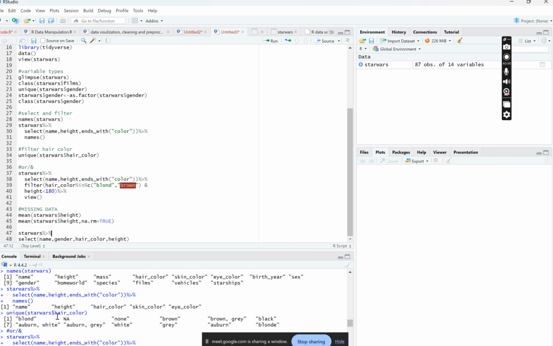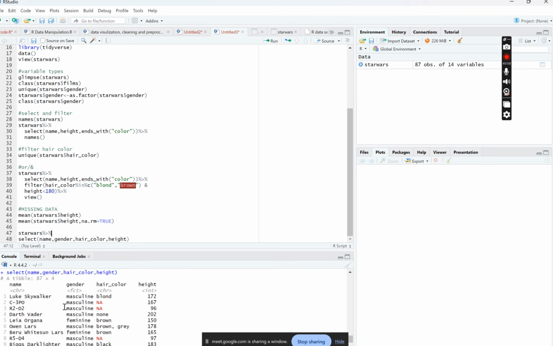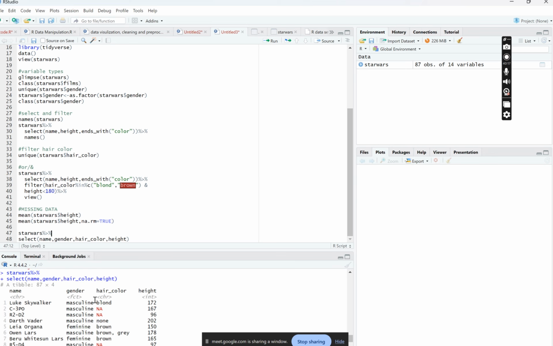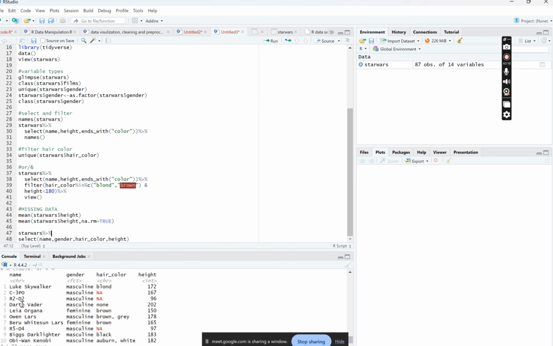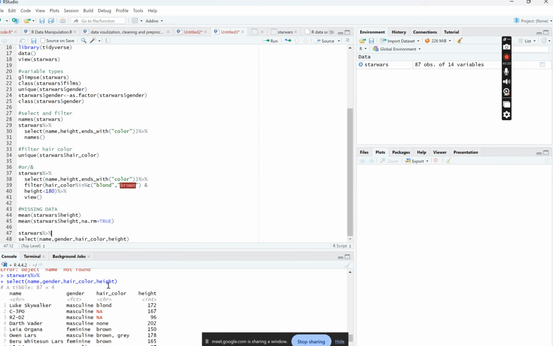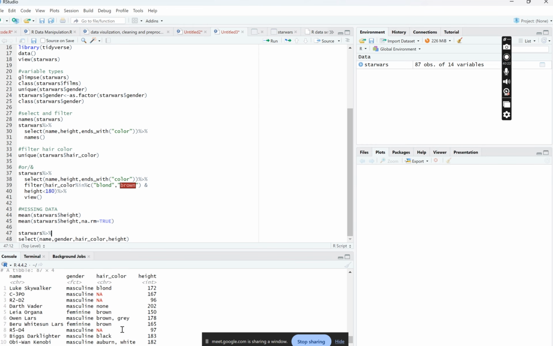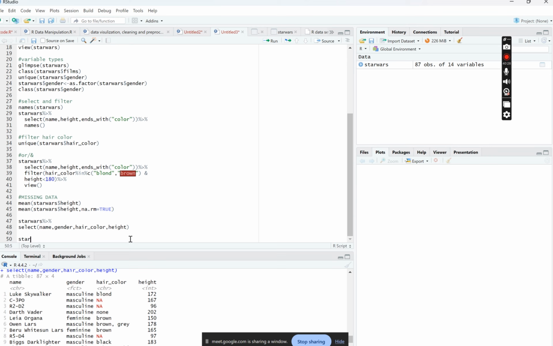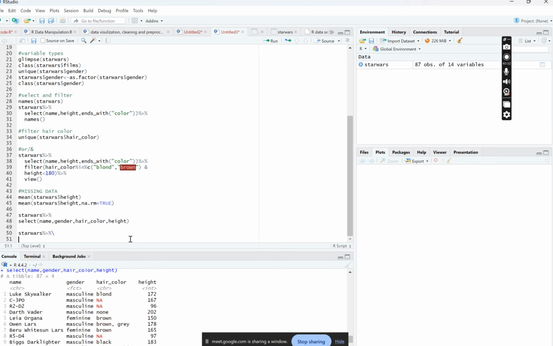So I've selected only a few things. I have my name, my gender, my hair color, and my height. Okay. So you can see, do we have missing values from the 10 rows? Under names, no. Under gender, we don't have. Under hair color, we have them. Under height, there are none. So if you want to omit the missing values by default, you'll say StarWars, put your pipe operator,